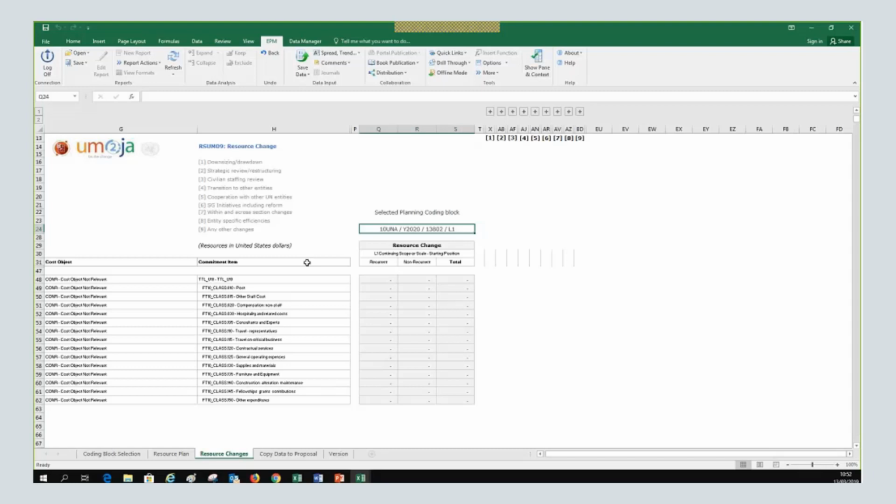So the purpose of this tab is to provide a breakdown of the expenditure that we entered in the resource plan, and basically a breakdown of the changes. So first, if I don't see anything on the tab, what do I do? I go and refresh, and I will refresh worksheet. Remember when you click on refresh to refresh worksheet, because if you refresh the whole workbook, it will take a lot of time because it will refresh all the tabs.